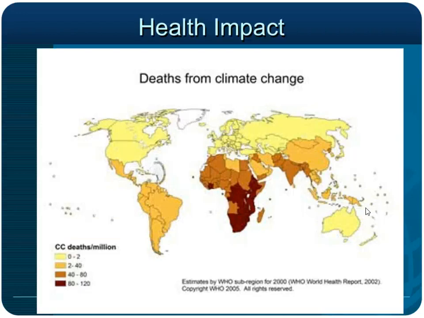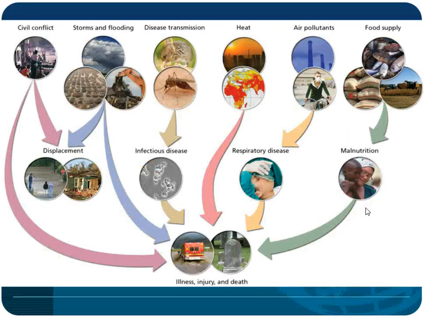Health impacts, right? So there are these estimated areas of deaths from climate change. Well, what causes that? Okay, all kinds of things, right? And so when you start looking at illness, injury, and death, when the food supply decreases, malnutrition and starvation. When you've got air pollutants, increase in respiratory diseases and heart failures, heat stroke. Disease transmission, the mosquitoes, mosquito-borne illnesses or tropical insect illnesses, tropical vectors. Pathogens from warmer standing waters, disease, storms and flooding, they're going to make people move. Civil conflict when you're fighting over water or food, all of those things lead to illness, injury, and death.